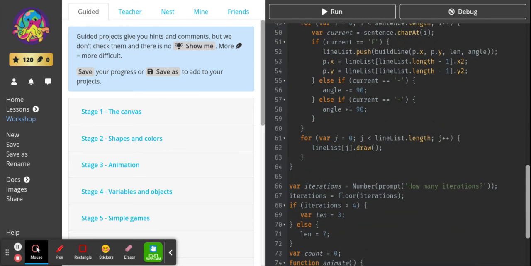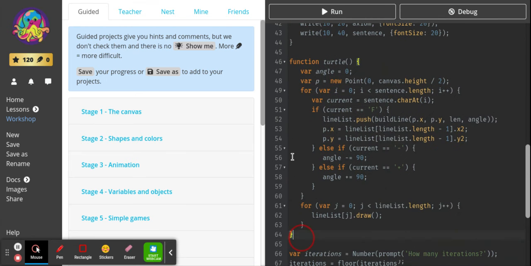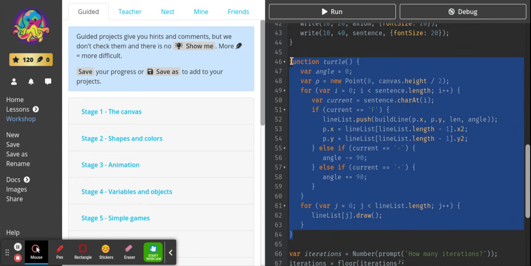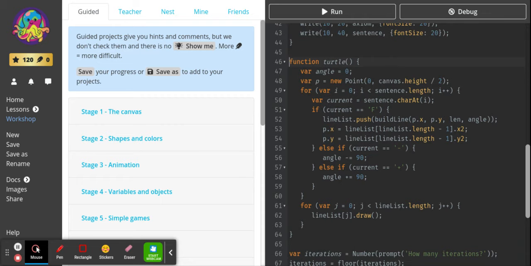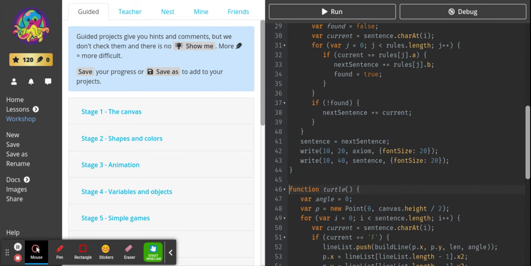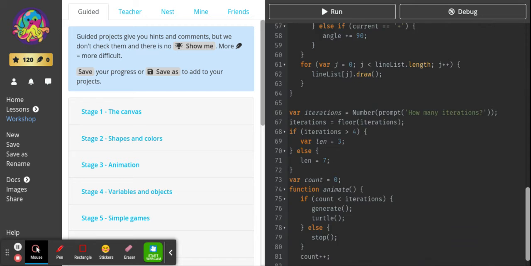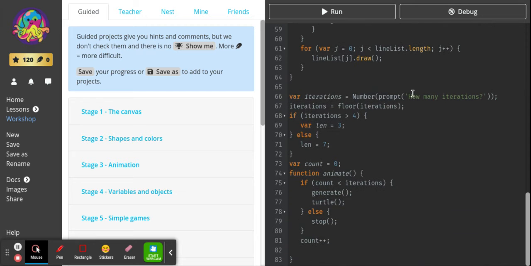And then also a turtle function that interprets that rule and moves around a point to draw lines, and additionally changes the angle of that new line coming around. It's pretty simple, but it's a little janky because